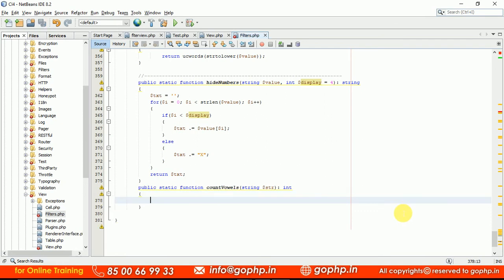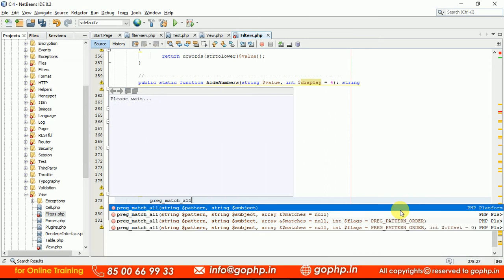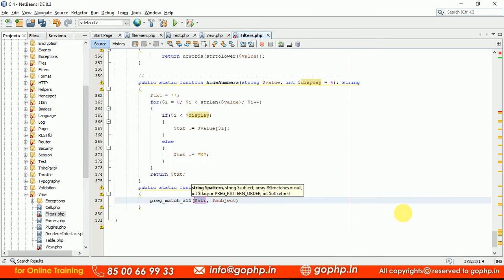It is going to be easy for us. We have a method, guys, preg_match_all. A string parameter we have to pass to it. First is going to be the regular expression. Let us pass the regular expression here, comma, and that is the string to be manipulated, and this is going to be an array.